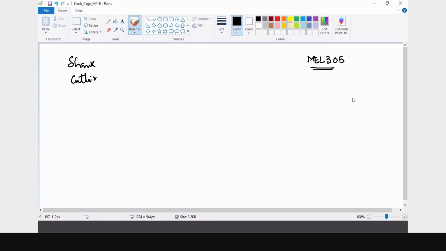Sorry, there is a cutting part, and there is something called the flank area. So basically what we discussed in the last class is something like this. The tool looks like this.